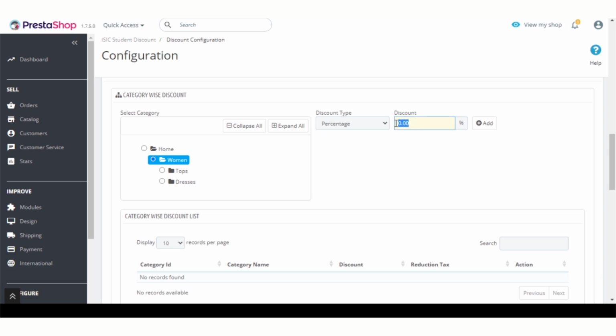Suppose admin has set 10% ISIC discount on the women's category. Admin can choose to set the ISIC discount in terms of fixed amount or percentage. Now after setting the ISIC discount, click here to add this category.